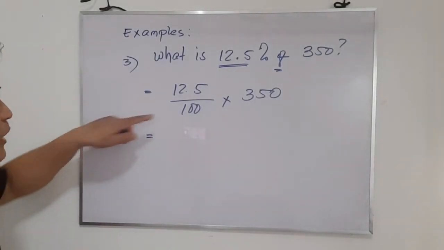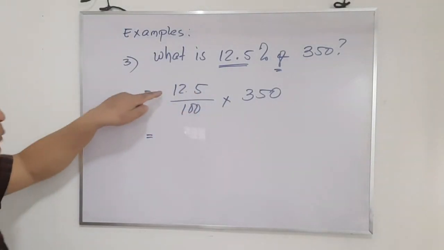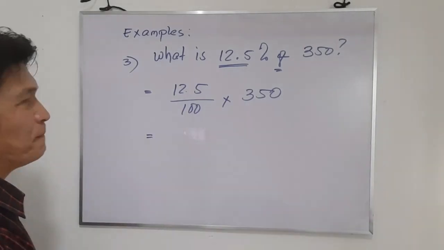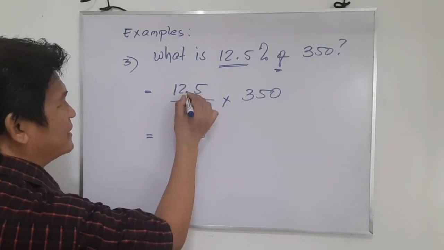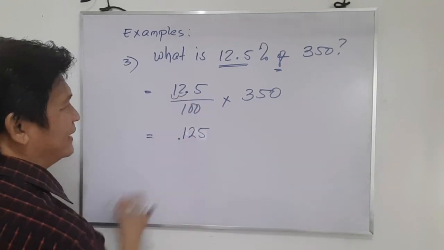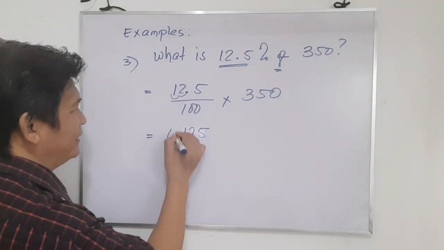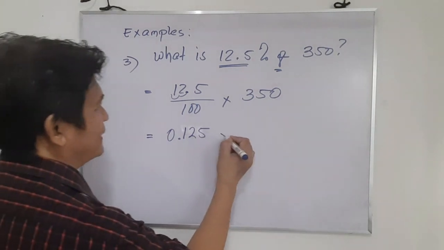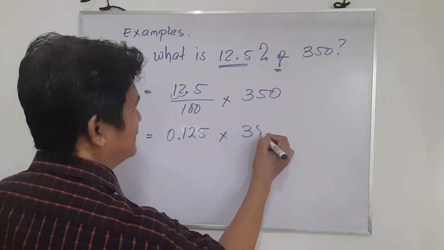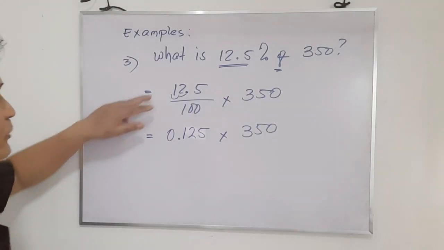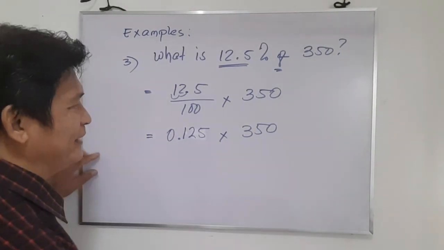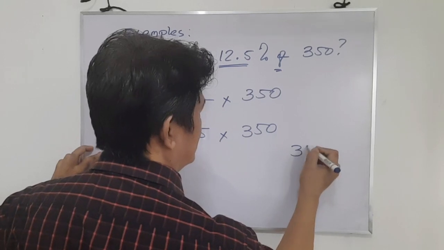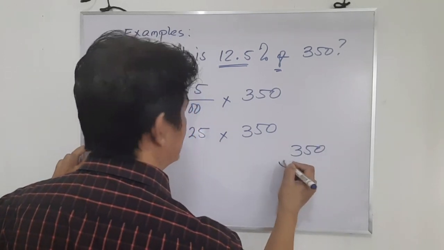And if we are going to simplify this, 12.5 over 100 is just 0.125, moving 1, 2 places, and you add your 0, of course, times 350. You have your fraction into a decimal, so if you are going to multiply this, 350 times 0.125,